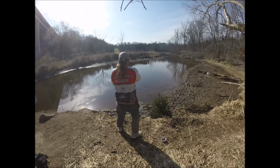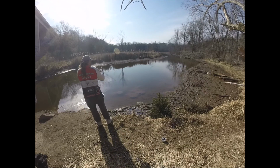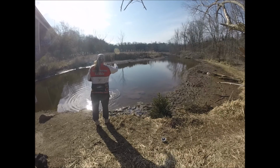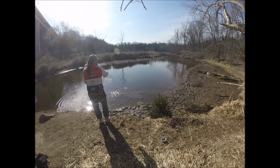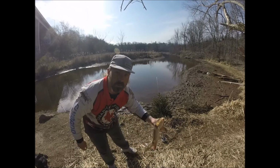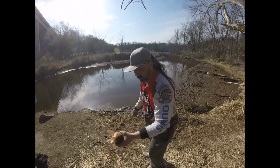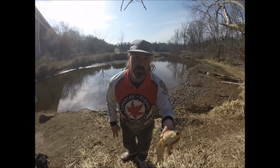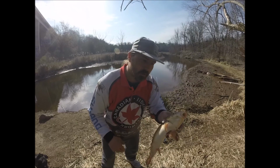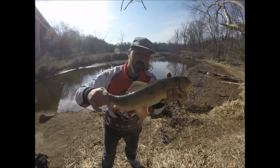Much smaller one. Had to go over to a rock to land it nice and safely so I didn't go through the mud here. So like I was saying earlier, between the white sucker and the long nose sucker, our most common species